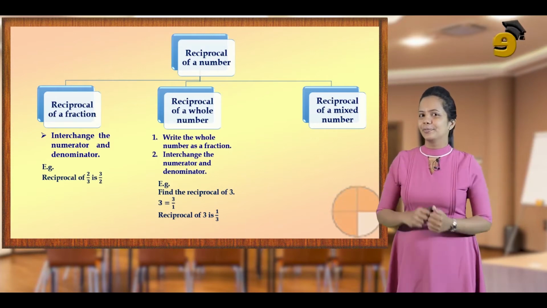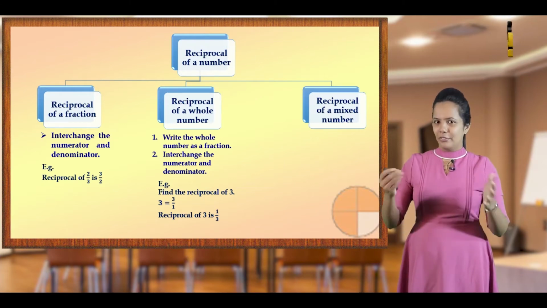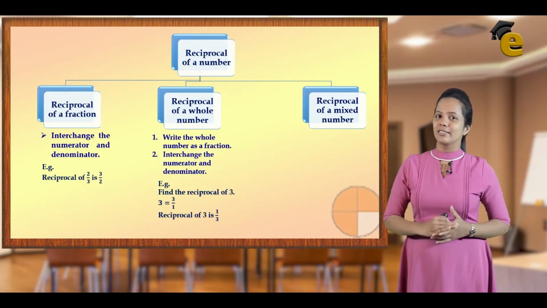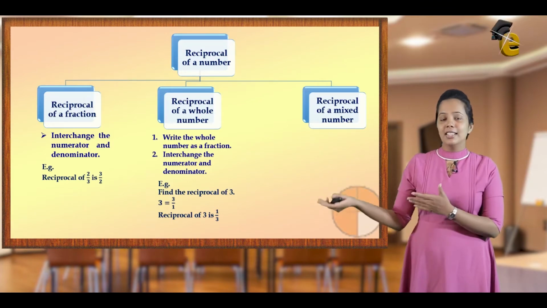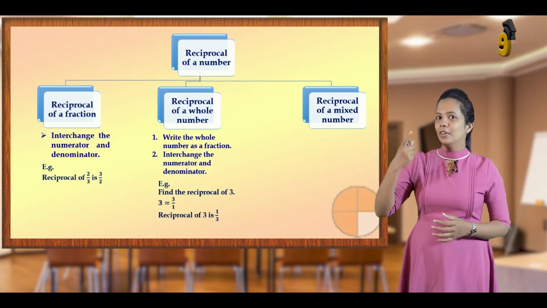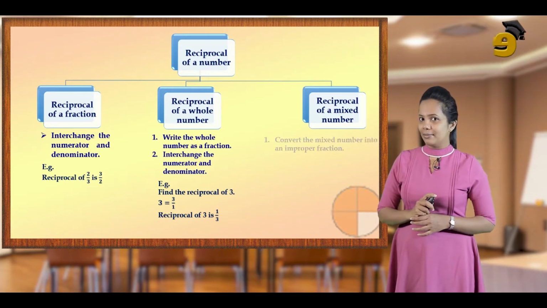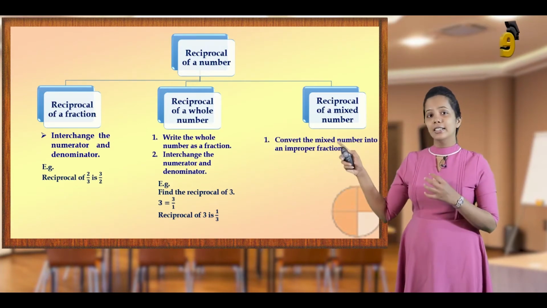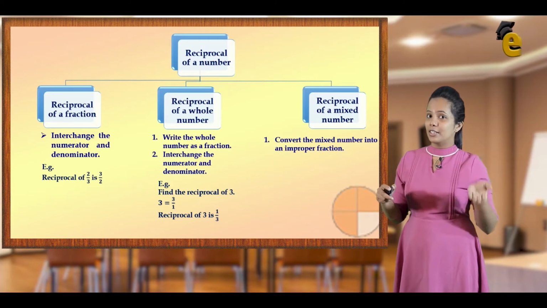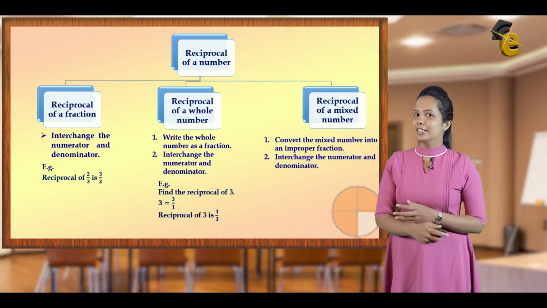How do you do? When you have a mixed number, what is the thing you usually do? Usually you convert the mixed number into an improper fraction. Then an improper fraction is also a fraction, so it is the first case now. You know how to find the reciprocal of a fraction. So, when you have to find the reciprocal of a mixed number, the first thing is you convert the mixed number into an improper fraction, then it is a case of finding the reciprocal of a fraction, that is simply interchanging the numerator and the denominator, right.